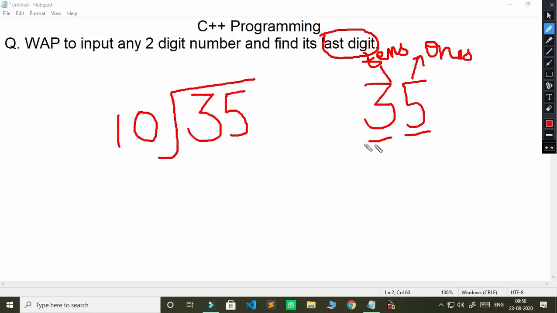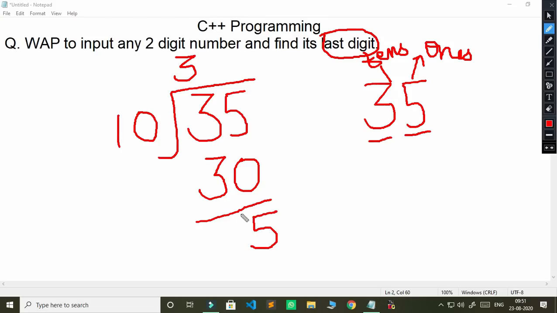So again we will divide the number by 10. When you divide 35 by 10, the answer is 3, and you will get the remainder 5.